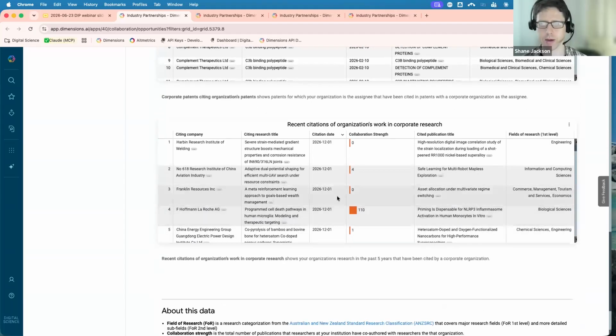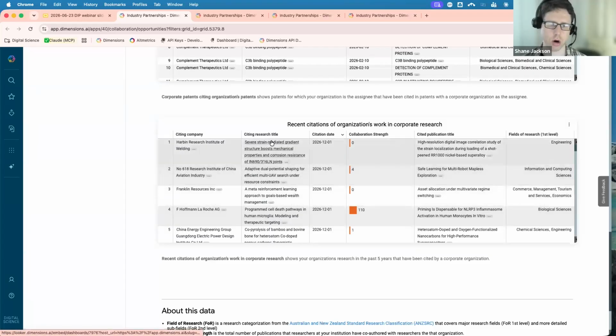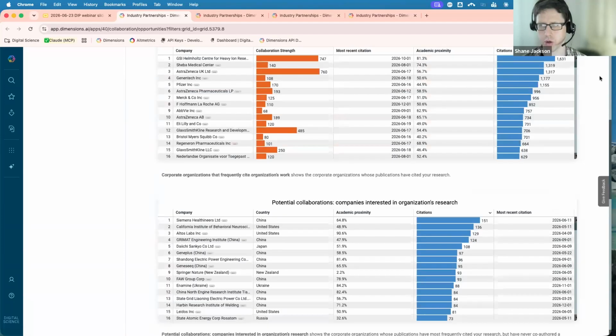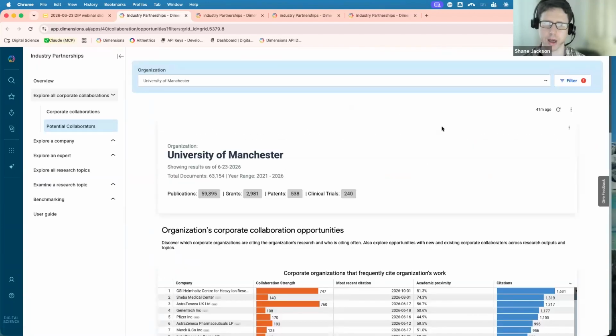And then lastly, we also give you a feed of the most recent citations and who those citing organizations are. So you can get a feed of the most up-to-date activity at an individual article level. So hopefully that helps show you how you can find companies that are interested in your work but have not